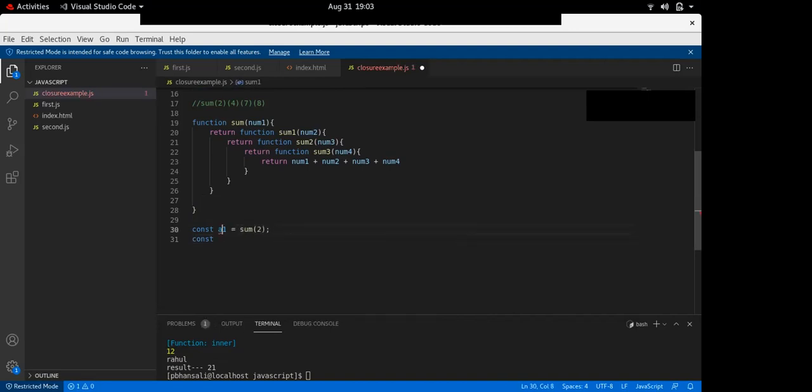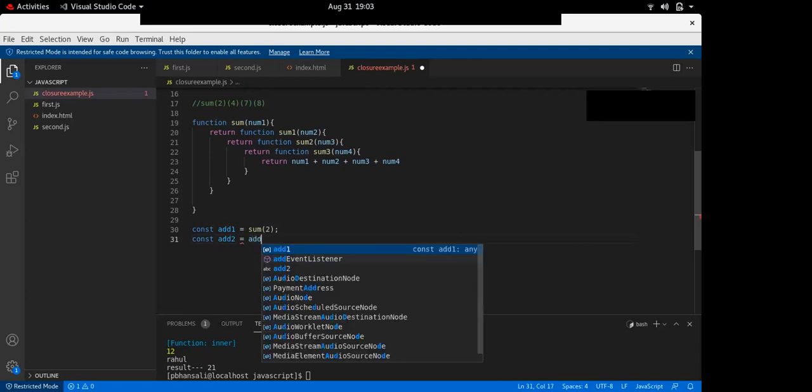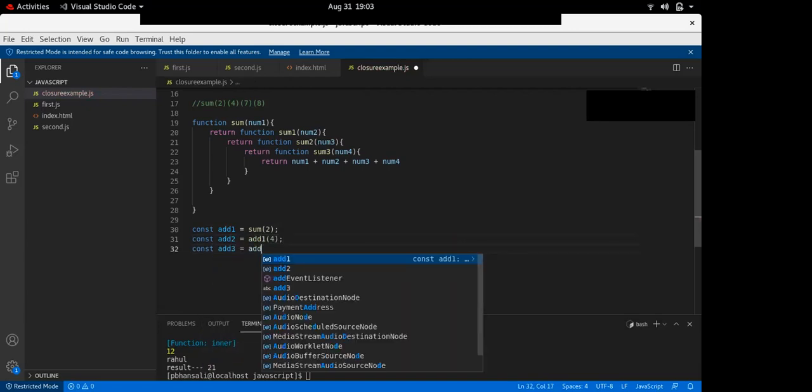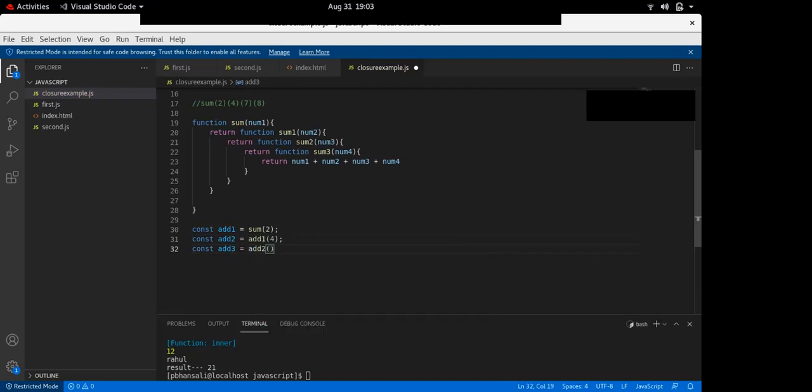Const add2 equals add1 4. Then const add3 equals add2 7. And then const add4 equals add3 8.